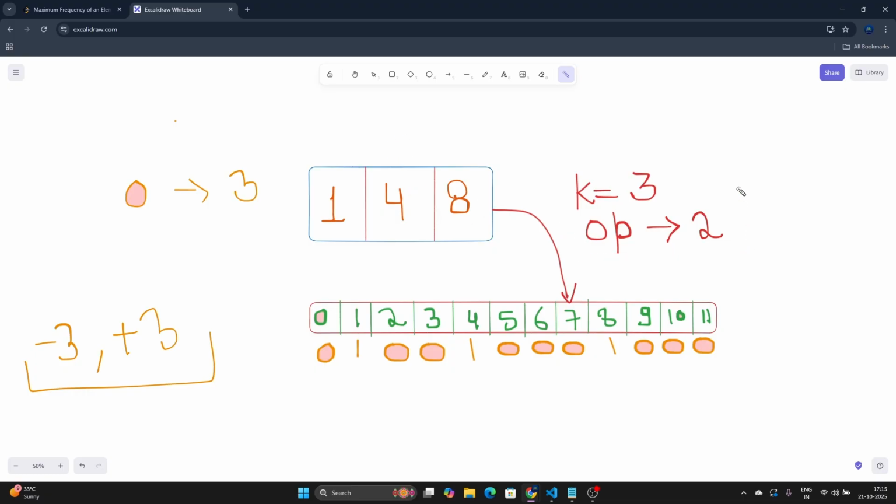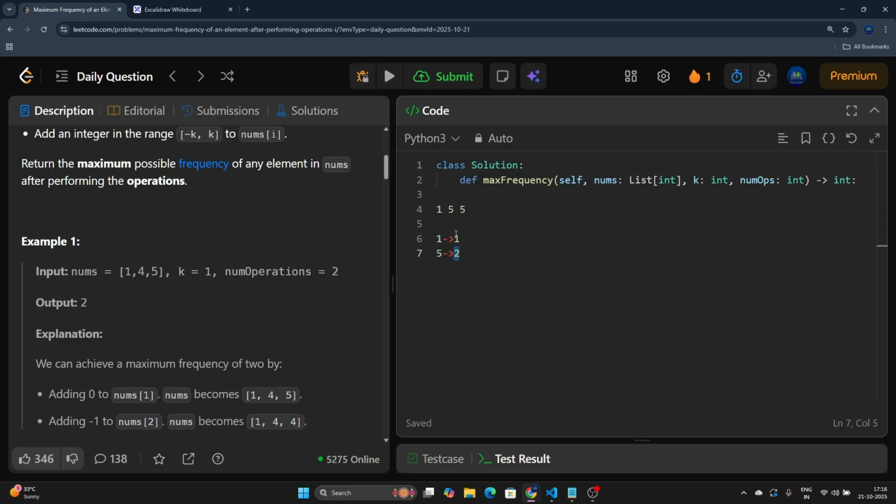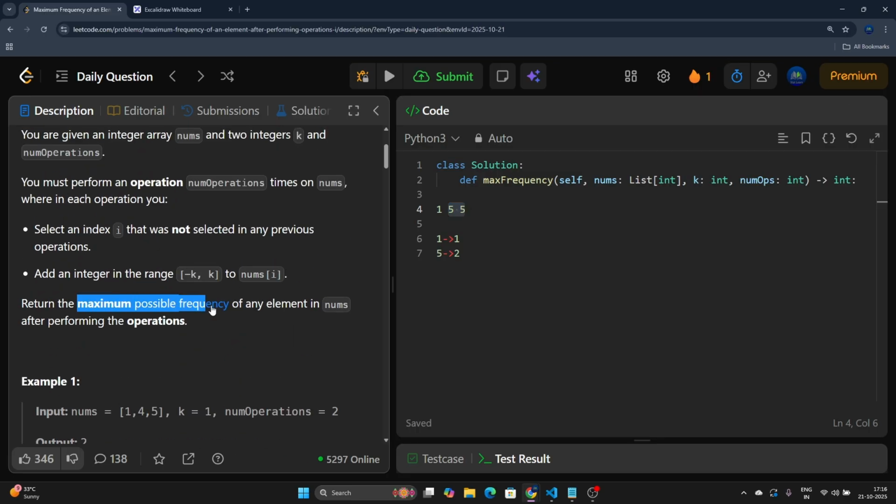Now, one of the things which you need to understand first is you need to focus on the frequencies, right? The elements are not the focus. 1 or 5 is not the focus. The focus is their frequencies, how many times you can make that particular element appear in your array. Initially, we have the array as 1 4 5. I can make 5 appear 2 times by performing the operation, right? So that's the target we have. Just make sure that your element appears the maximum number of times so that you have the maximum possible frequency of